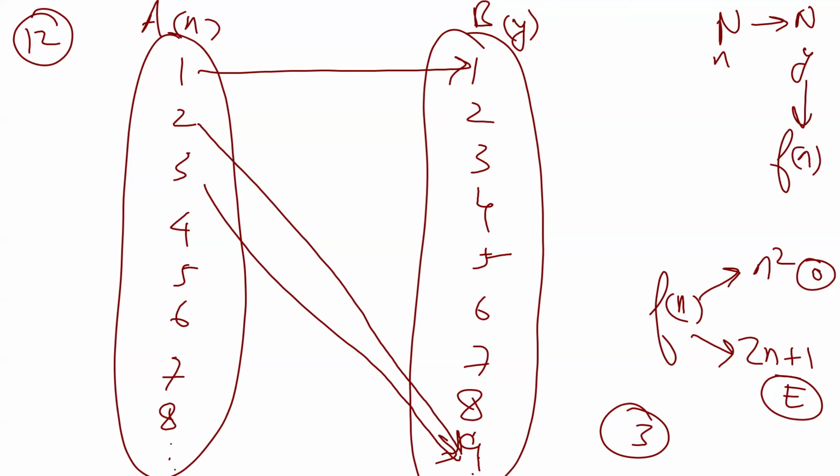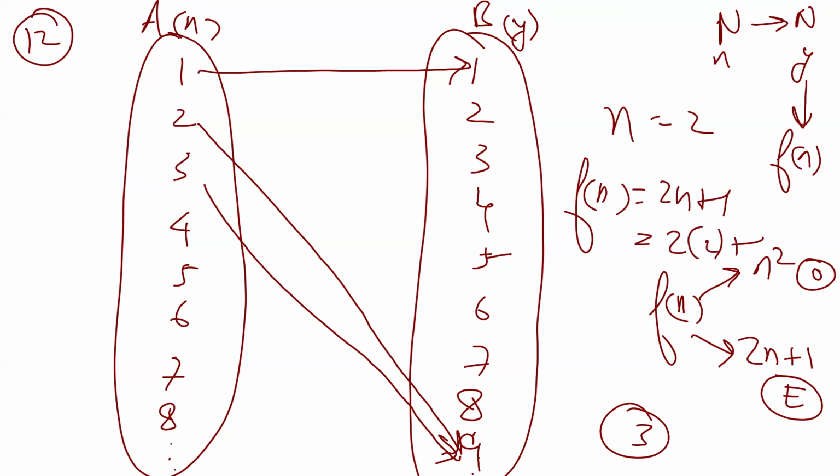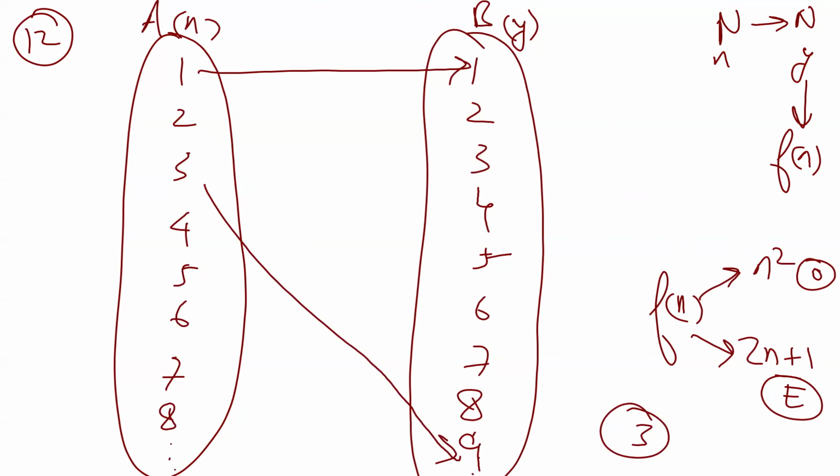Now when n is 2, f of n is equal to 2n plus 1. So 2 into 2 plus 1. Oh, sorry, I'm really sorry. When n is 2, it is mapped to 5. I just did a calculation error. Now when n is 4,